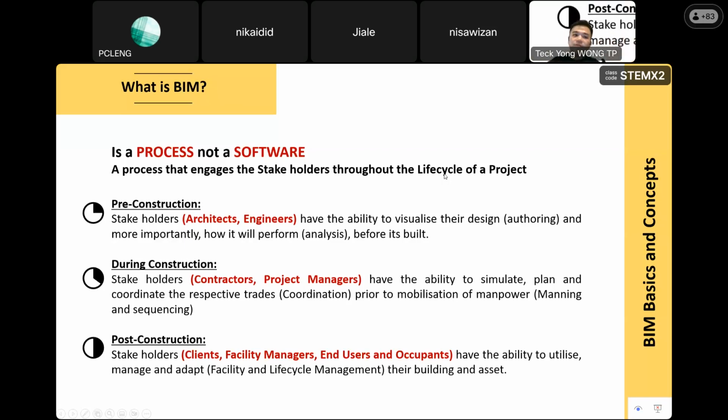How can I make use of the existing model to do something else? Yeah. So the whole process that we are talking about, involving all this technology, is a BIM process. In terms of construction, during pre-construction, the stakeholders preparing the model will be architects and engineers. So they use certain software to visualize, and then they perform certain analysis. They run the simulation, like they run CFD, they run the wind flow, to see whether it works or not